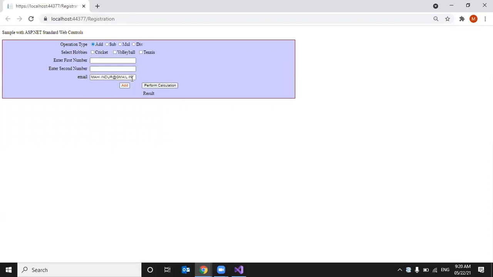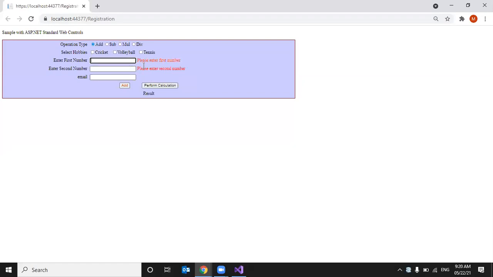Now I am giving a valid email, so it accepted. If I give small letters, it is invalid. If I give capital letters, it is taken as valid. So this is about the regular expression validator. Now I did not enter anything here. I'm clicking the add button.